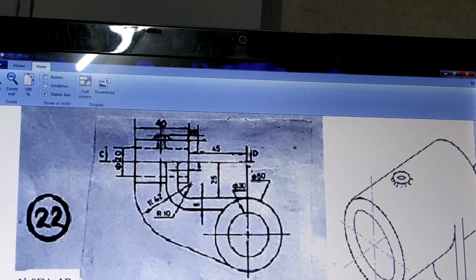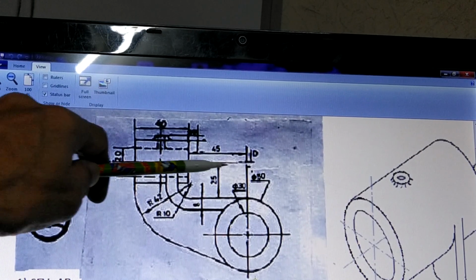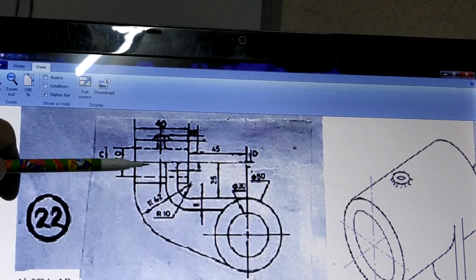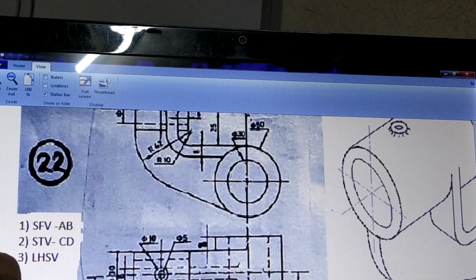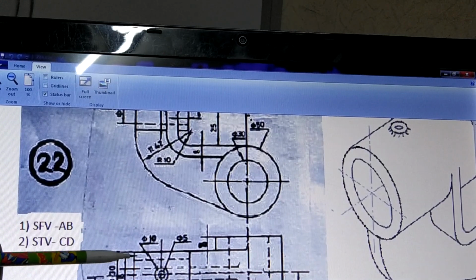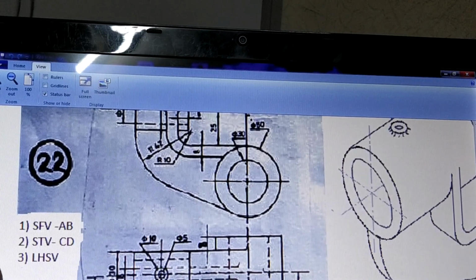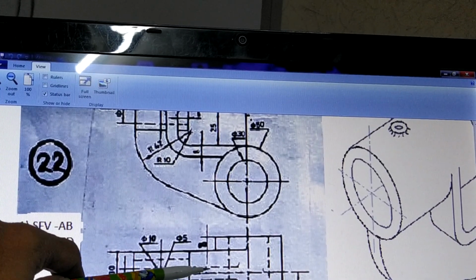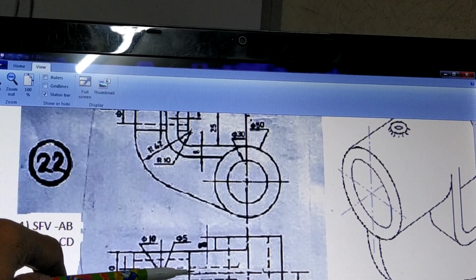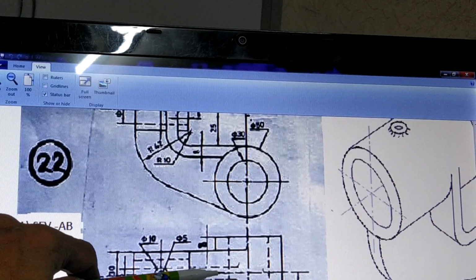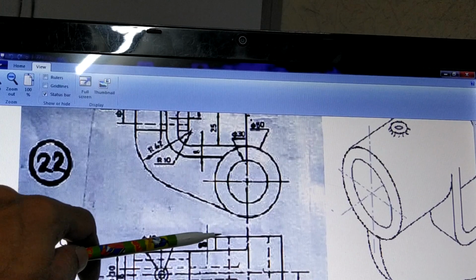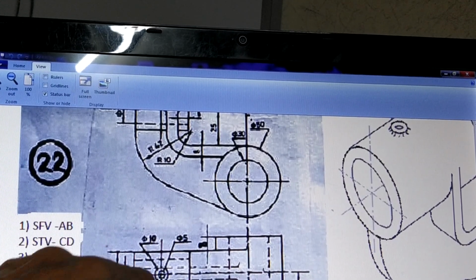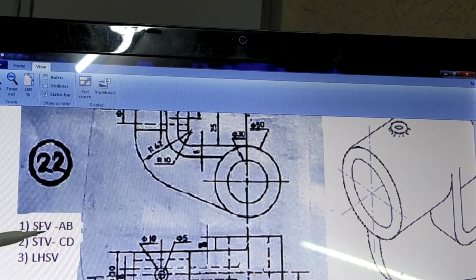Then when you go to the sectional top view, you have to cut the front view from here. So after cutting the front view from here and removing this part, you have to draw the lower part. So as a result, this pipe will be exposed after it is cut. So this part is shown in section. This will also be shown in section. This rib which is below will be seen as a dotted line, but then we don't draw dotted lines. Therefore this will not be seen. You have to draw just the outline of this and then the outline of this pipe. Even these dotted lines you are not supposed to draw. That is the sectional top view, section CD.